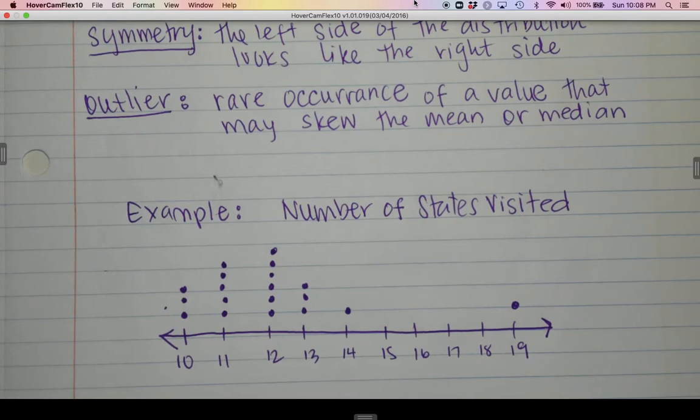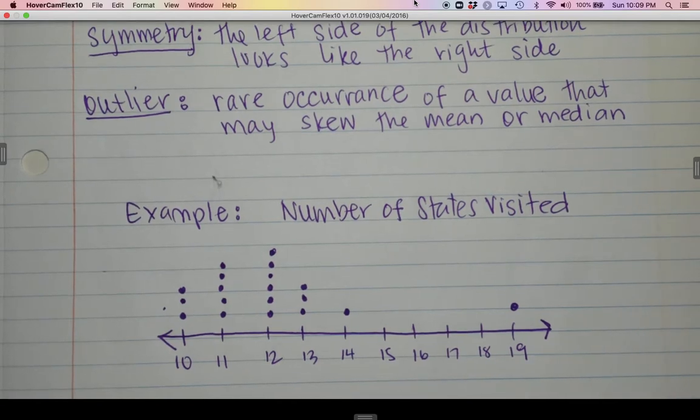So any mean I got would have to be divided by 19. All right, we're not going to talk about mean right now though. What I want to show you is,